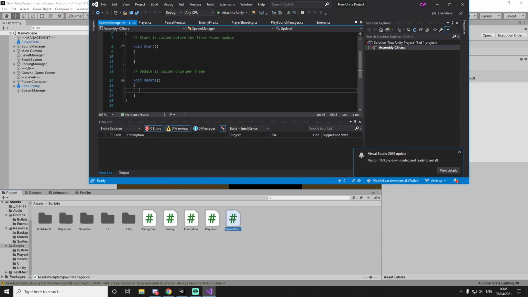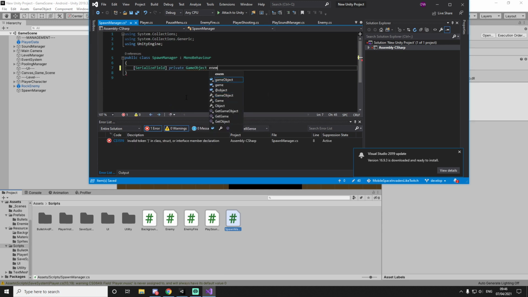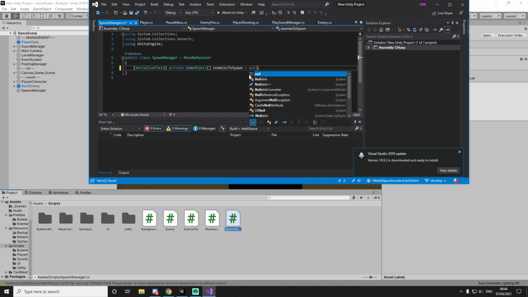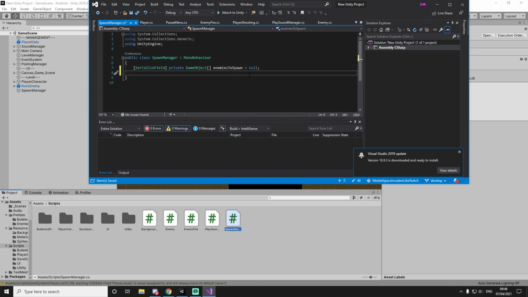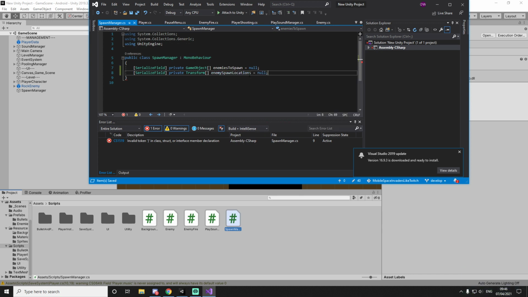Double click to open it. Now we can get rid of everything that's in here, and this is what we will need. So first we will need the object that we need to spawn. So let's have a private game object, and that's going to be enemies to spawn, and of course that's going to be an array. And we'll need a location from which they can actually spawn. So serialize field, private transform, and that's going to be the enemy spawn locations, and we're going to set it